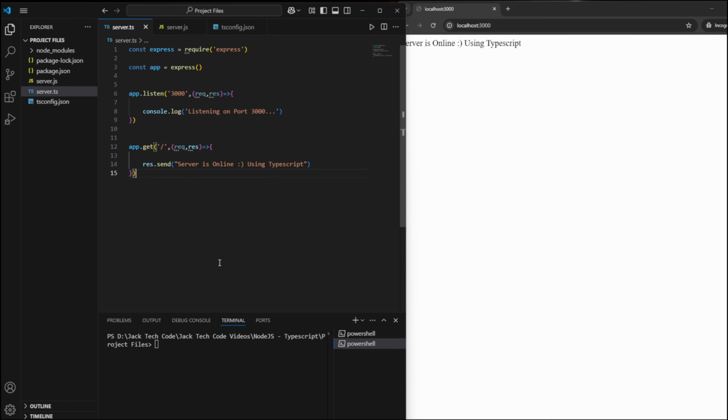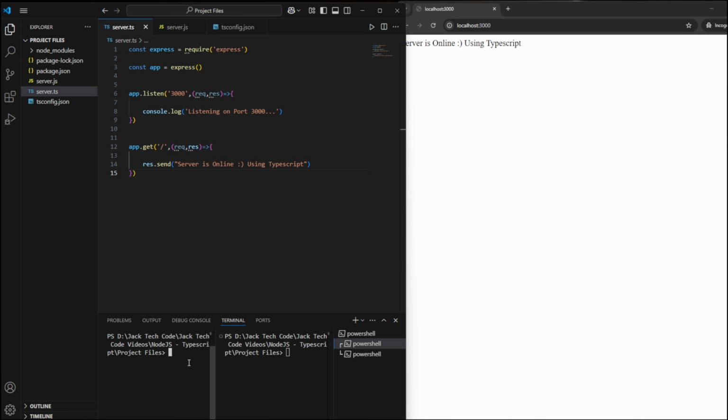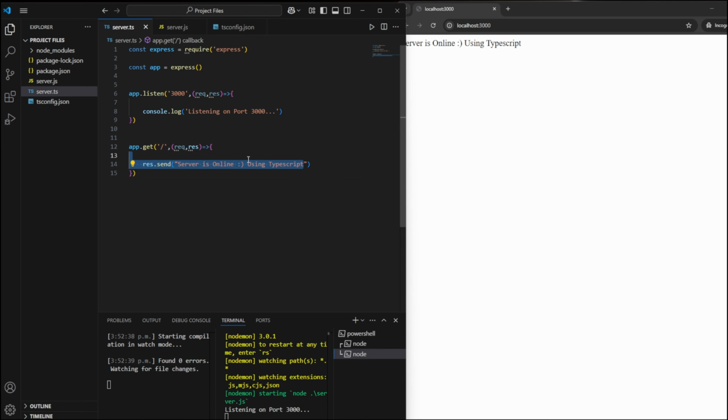Method one is using the tsc-watch argument. Let's split the terminal in two. And if I do tsc-watch and I run that, and then if I run npx nodemon on my server.js, what will end up happening here, I'm going to say "using